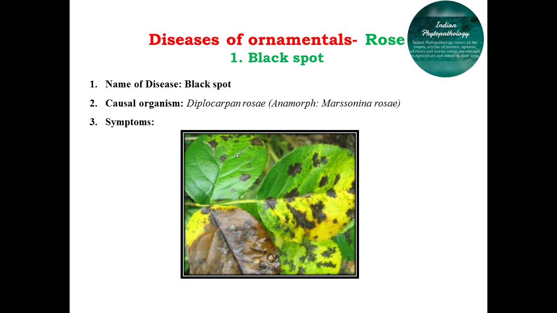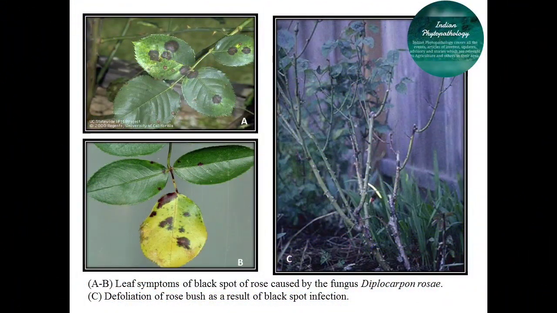The name itself indicates that dark black or tar colored spots develop at the border of the leaves. These spots coalesce to form big patches and show a blighted appearance. Infected leaves turn brown and start defoliating, and heavy defoliation occurs due to infection by this black spot of rose. This fungus may also attack the stem and flowers of rose and bunches.